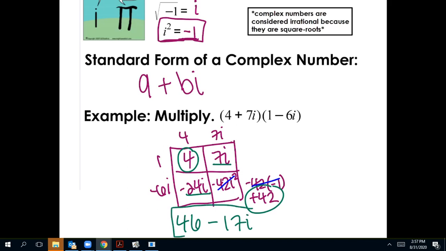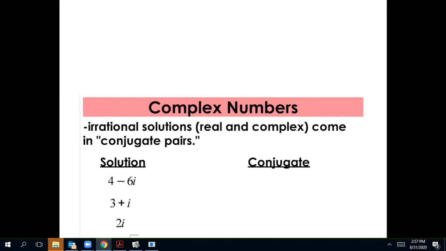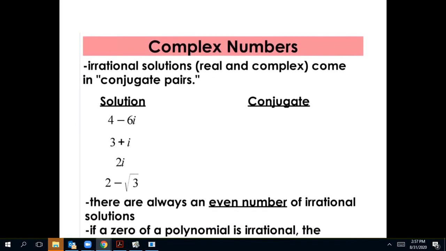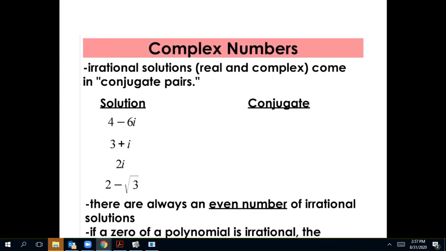And so this is our answer. Like I said, they work just like variables, but i squared equals -1, so we can substitute that out to finish simplifying. Okay, so a couple more things about them. Complex numbers we're going to refer to as irrational solutions, and that's because they are square roots. So remember, i equals the square root of -1, and so it follows